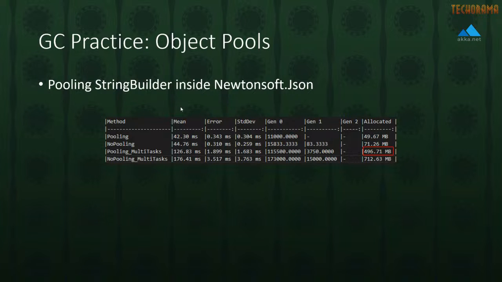Well, we have these benchmarks that we ran, including scenarios where pooling was not enabled and scenarios where it was. And you can see here that when we turned pooling on, we eliminated about 30% of total memory usage from our application. And we also were able to reduce Gen 1 garbage allocation entirely. So we moved everything from Gen 1 down to Gen 0. And on top of that, Gen 0 allocations themselves are also down as well.